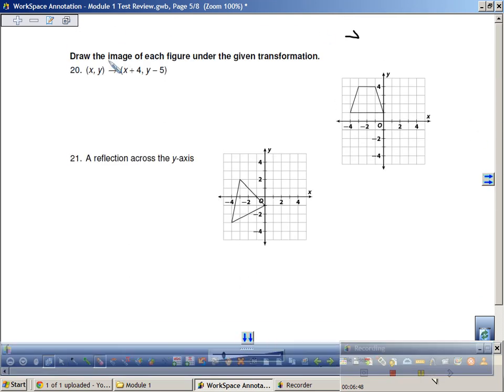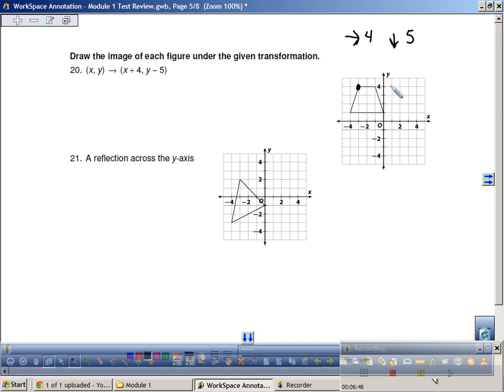Okay. So if I am adding 4, I'm going to the right 4. And if it says y minus 5, what am I going to do on the y-axis? I'm going to go down 5. So I always like to start on the actual pre-image, and I like to mark when I've done a vertice. A vertice is one of these corners, right? So I'm going to mark this, and I'm going to say, okay, I'm going to go over 4 and down